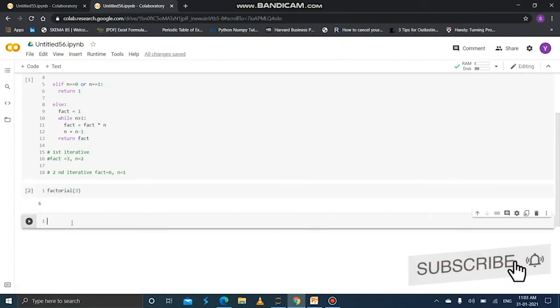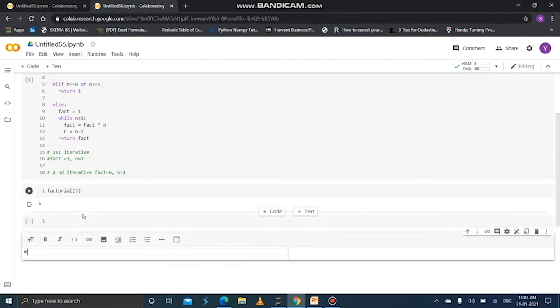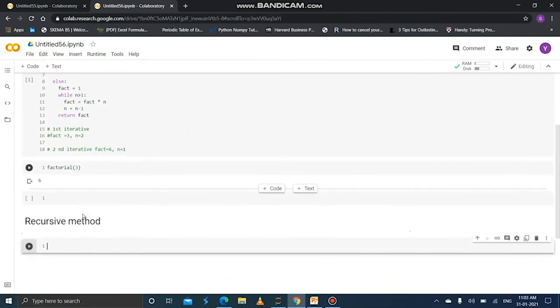Now I am going to show you the recursive method. It's very simple and clean. Recursion is nothing but a function calling itself. Recursive method. Define the function as usual: def factorial of n.